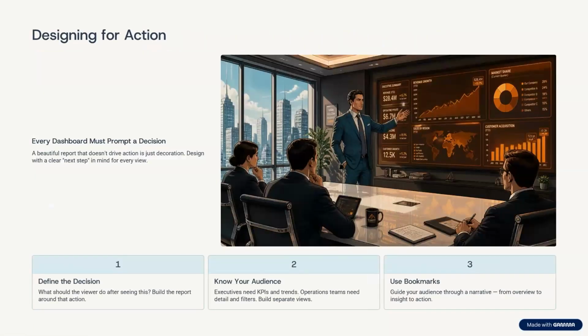Fine. So what is the purpose of creating dashboards or reports? Every dashboard must prompt a decision. So we are not creating it just for decoration, as I said. We need to create it so that people can take impactful business decisions. Okay, impactful business decisions. So if you have any doubt till here, you can ask. Otherwise, I'll show you